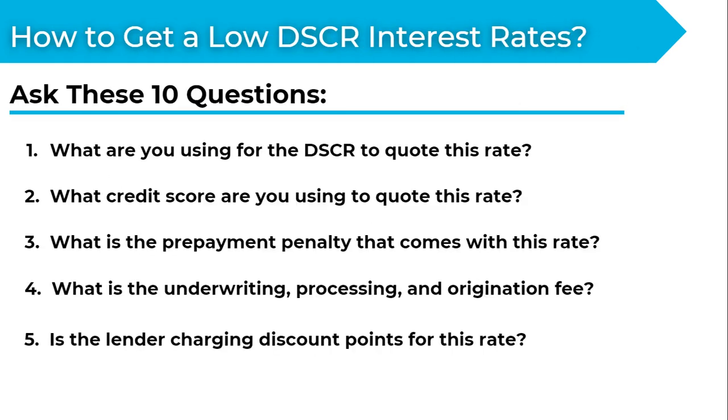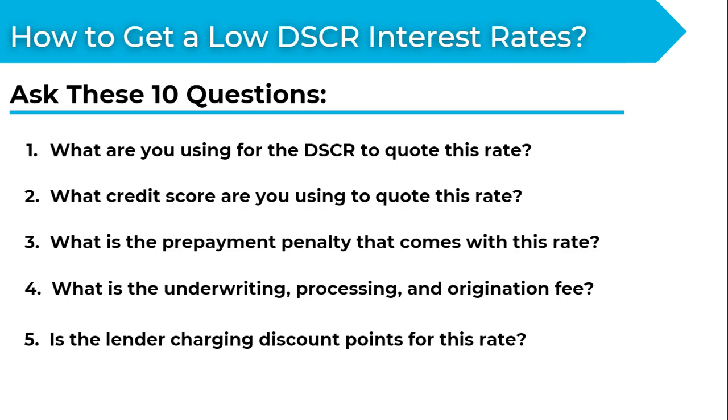for the property. Now, if you want to get a low DSCR interest rate, then you're going to want to ask these 10 questions. Okay, when you're talking to a lender or a broker, you want to make sure that you ask all these questions so that you can be sure that they're utilizing the right information. And then also, if you're shopping and talking to multiple lenders, that everybody's using the same numbers to be able to compare true apples to apples. If one lender is using 1.15 for the DSCR and the other one's using 1, well, it's obviously going to